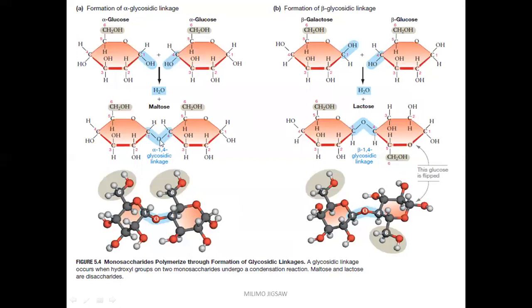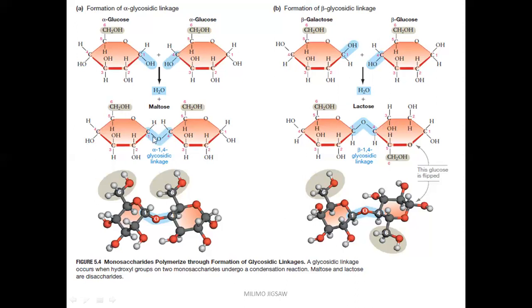glycosidic bond. So remember, this is an oxygen atom bonded covalently to two carbons, one on each ring. So we have this ring and we have this ring, and we have that covalent bond and that covalent bond. And on this one, we have this ring, this covalent bond, and that covalent bond. So remember also here,